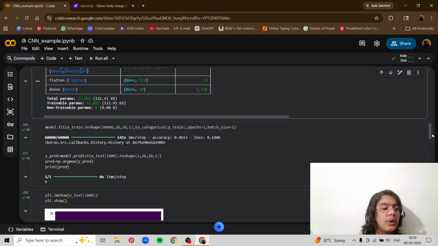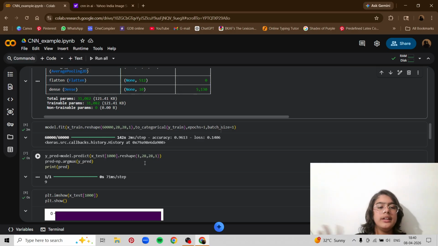And then we predict y. So y predict is equal to model.predict, and now I've predicted like we always do. X test in the bracket there is 1000 and dot reshape. In reshape you can see I have 1 comma 28 comma 28 comma 1. So there is one extra one.